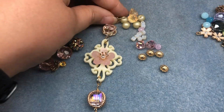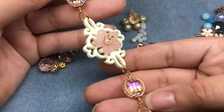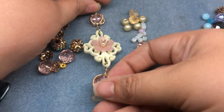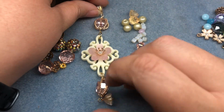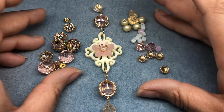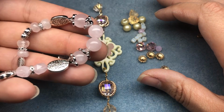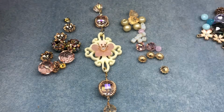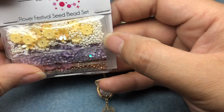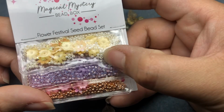Okay, we have our beautiful drop pendant, or the Y, or the stem of our Y for our Y necklace. And I just love the symmetry and love the sparkle. I'm going to arrange the beads that I thought matched the theme of the pink and the cream. And I'm also going to use all of the pink rose quartz beads from this strand. And I think I'm going to use the off-white, like pearly seed beads from the seed bead set that we